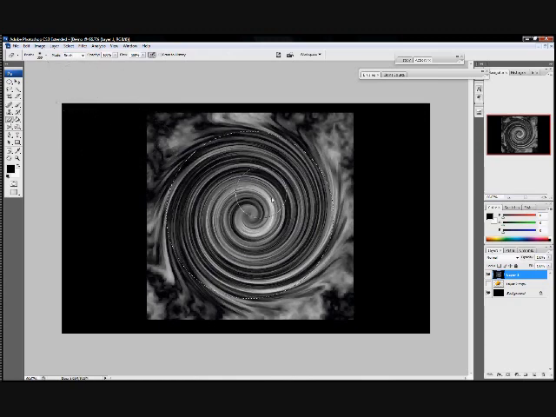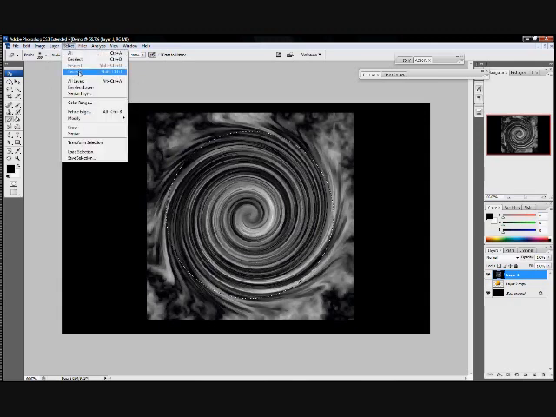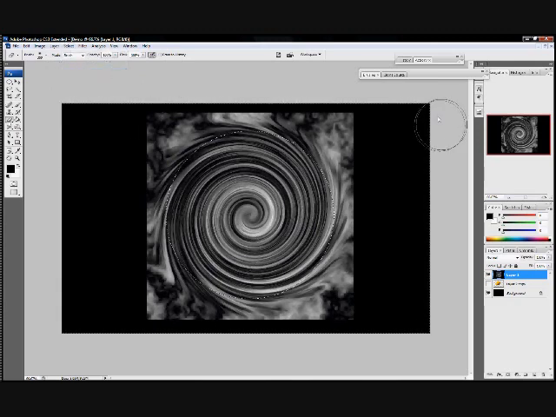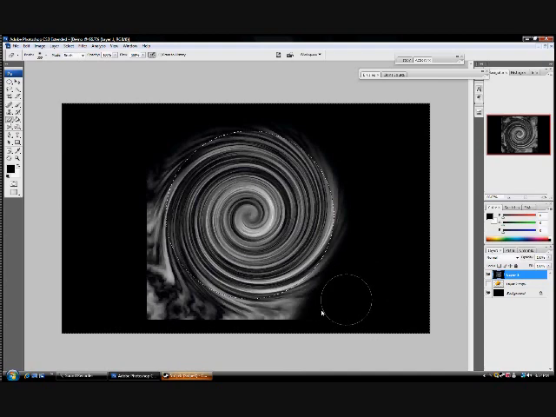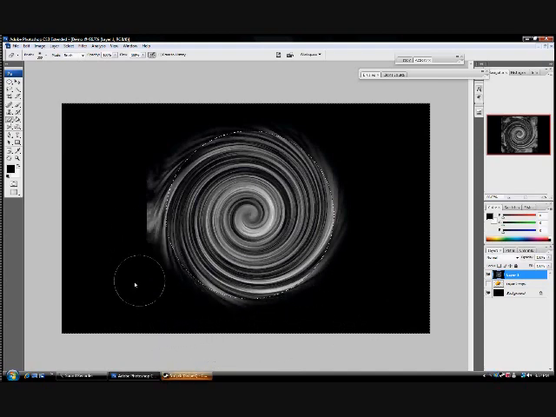Sorry, I was being stupid. Make sure once that's done, go select, inverse. Now we should have a line around the whole thing, and you can erase the outside of this. Try not to erase all the way to the line, and just erase around the outside. Try to get some kind of realistic effect to it. But I'm rushing it, so